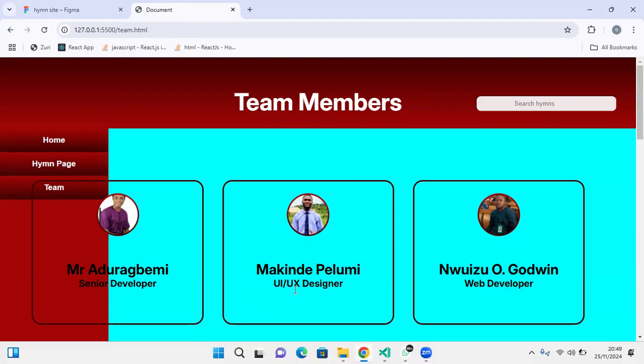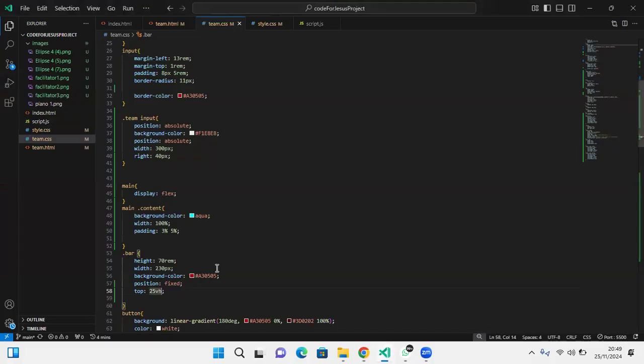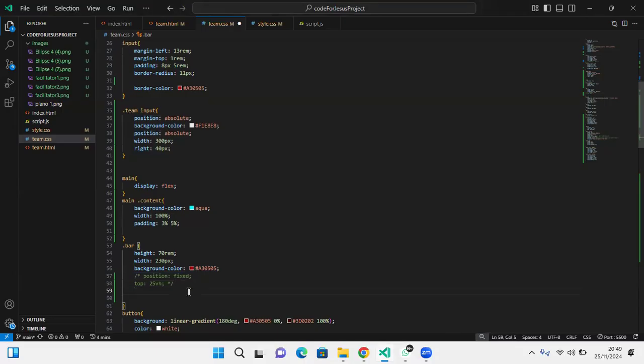Or let's see if we can try another method. Instead of using position fixed first, let's remove this first. So let's give this height. This is the height. Okay. Height cannot be measured in image. Height is